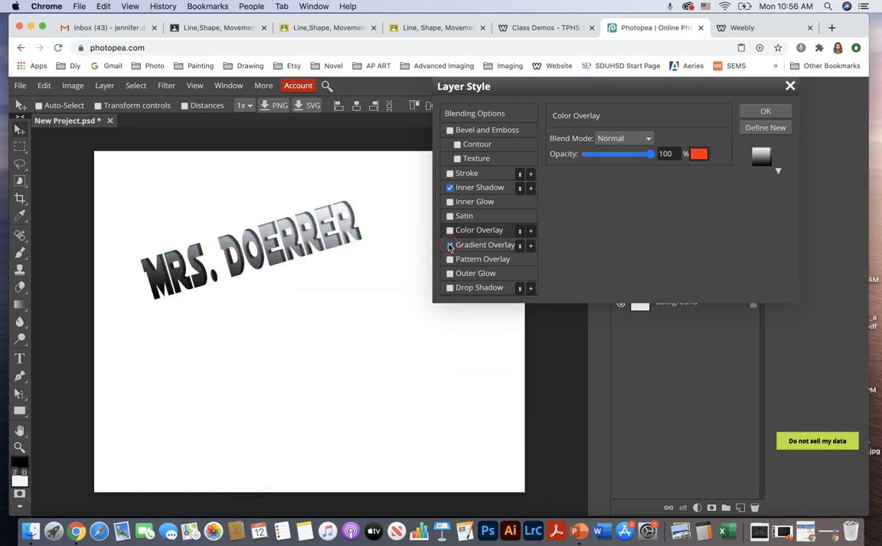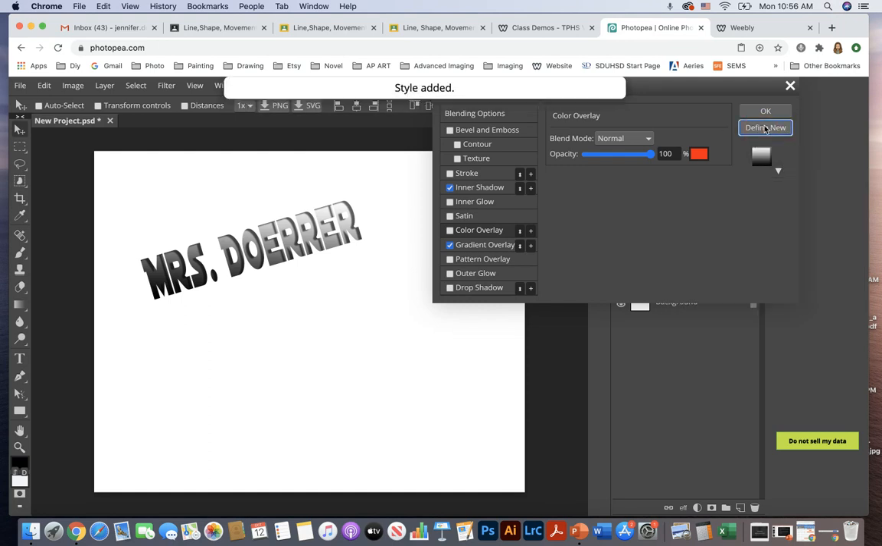Or how about a gradient overlay? Right now it's on a default gradient, black to gray to white. I could drop that down and choose some other gradients. Photoshop has a bunch of default gradients. Looks like Photopea, you'll have to create your own. So if I click,